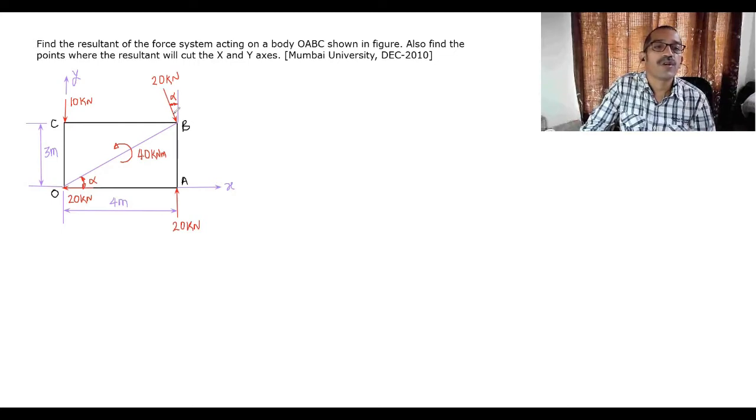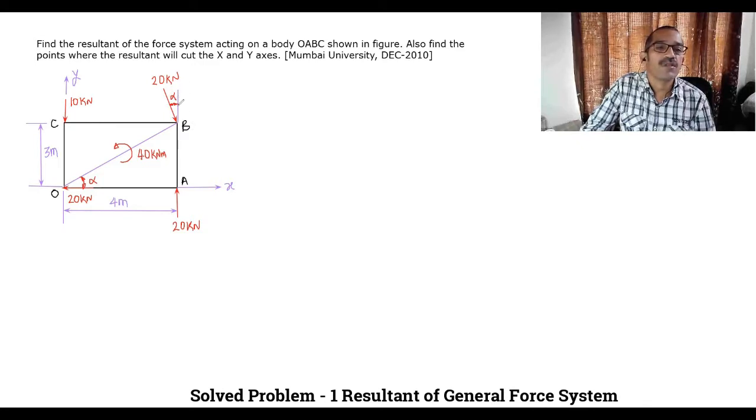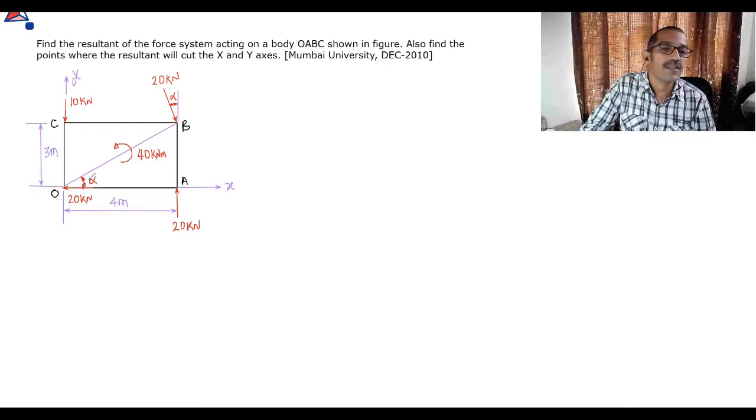Therefore, we'll resolve this force of 20 kilonewton. But here the angle is not given. This angle is with vertical, and here the angle given is with horizontal. Now